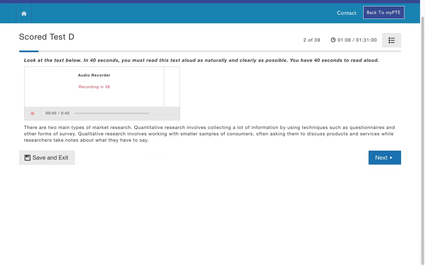There are two main types of market research: quantitative research, which involves collecting a lot of information by using techniques such as questionnaires and other forms of survey. Qualitative research involves working with smaller samples of consumers, often asking them to discuss products and services, while researchers note